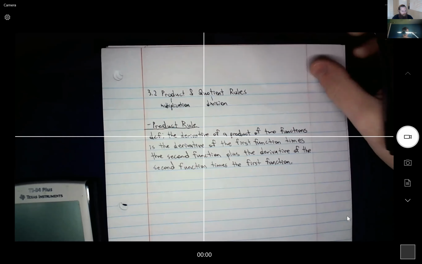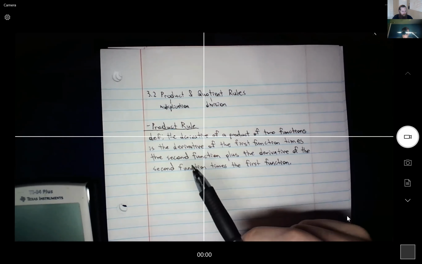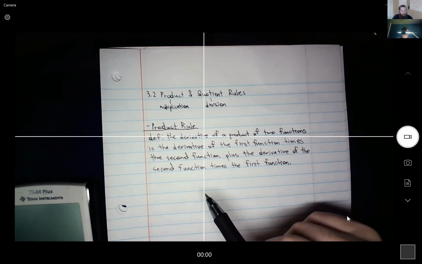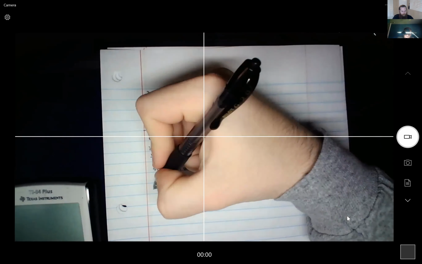So here is the definition of the product rule. The derivative of a product of two functions is the derivative of the first function times the second function plus the derivative of the second function times the first function. This definition is pretty long. There's an easier mnemonic that you can use to remember this better. It's called